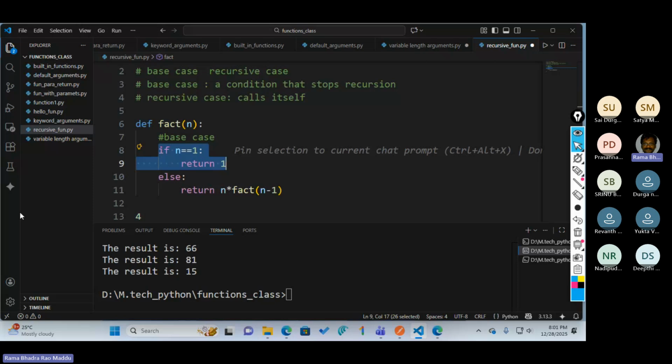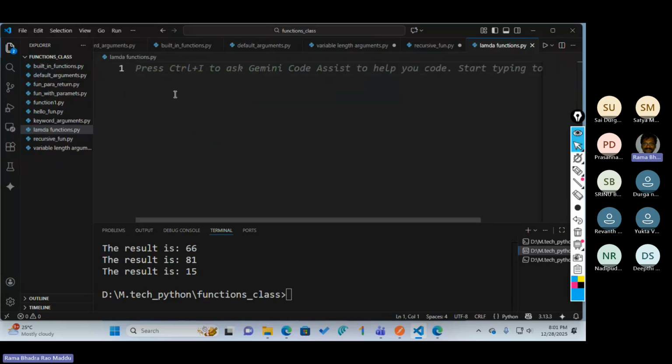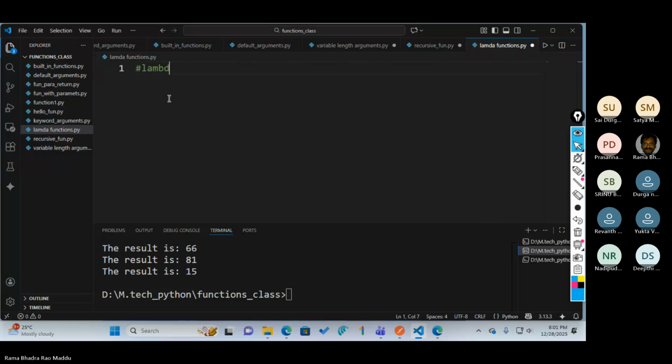And the next thing, lambda functions. What is that? Lambda functions are one-line functions. One-line Python functions, you can write anything in a single line. They named it a lambda function. Nothing but one-line functions.